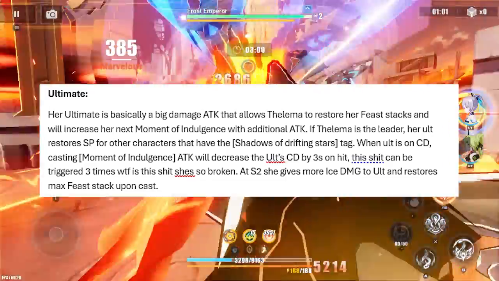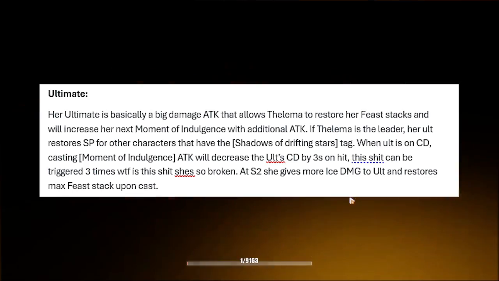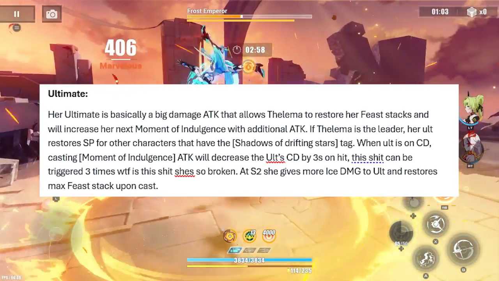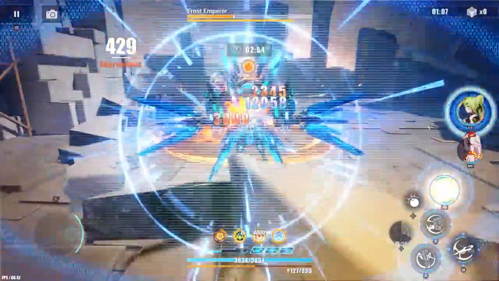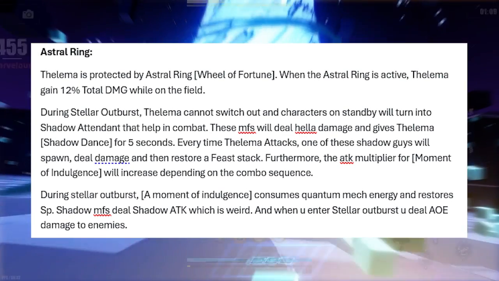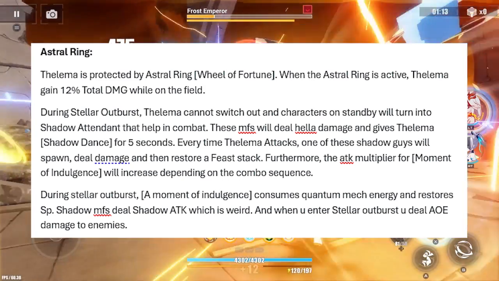So moment of indulgence is basically a state that Telma goes into. If Thelema is the leader, her ult will restore SP, which is pretty good. So make sure you have her as a leader, obviously to activate Astral Ring, but at the same time restore SP when using her ultimate. So her Astral Ring is also really, really broken. She gets protected by Wheel of Fortune, and when the Astral Ring is active, Telma gains a bunch of total